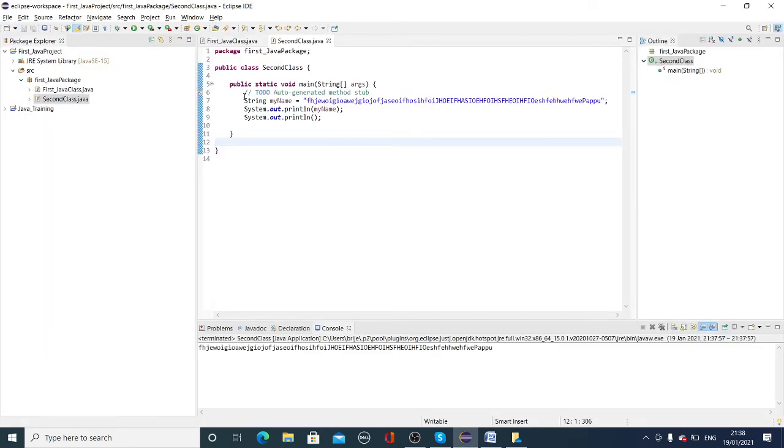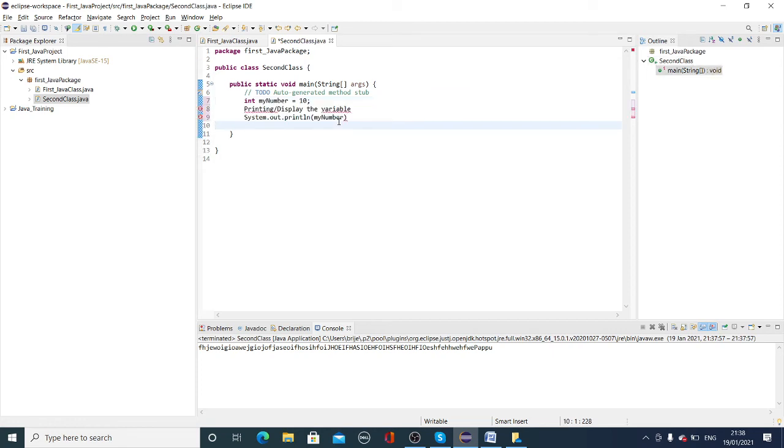In this particular class only, I'm going to create another variable, int myNumber equal to 10. I'm going to comment this out so there won't be any error, and then add a semicolon. So here, int myNumber equals 10.